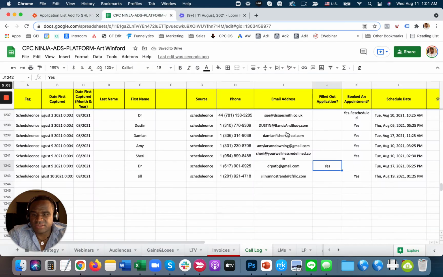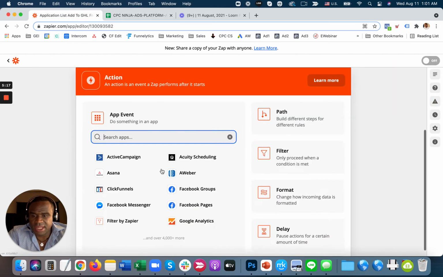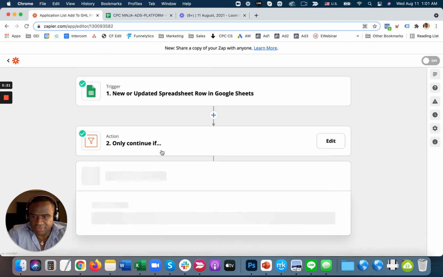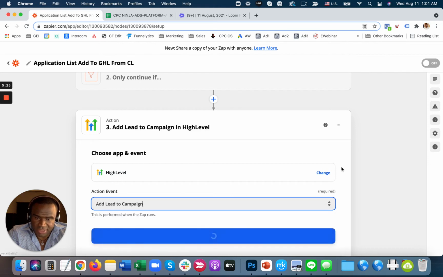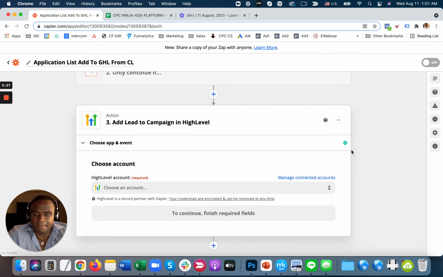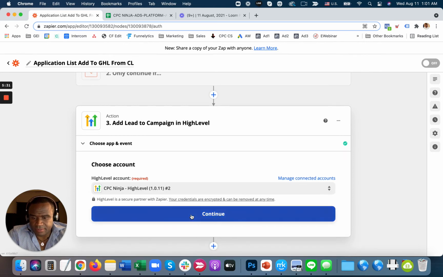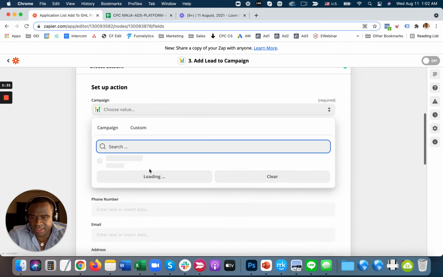It's because I had to retest it. So this should be empty and it'll work. So I'm going to go forward with finishing this up. I'm going to select high level, add lead to the campaign, choose campaign,